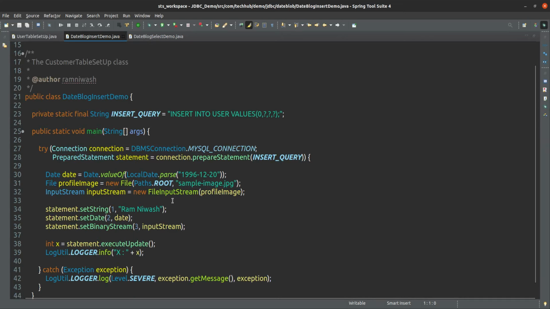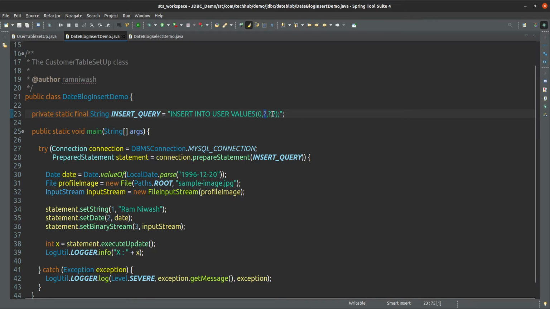So in this one we can insert. Here this is our insert query: insert into user values 0. Why are we giving this 0? Because this is auto increment. If it is an auto increment, you just give this 0 every time, and the ID will be generated automatically: 0, 1, 2, 3, 4, 5, something like that. You don't need to give anything. So that's why we have given 0.